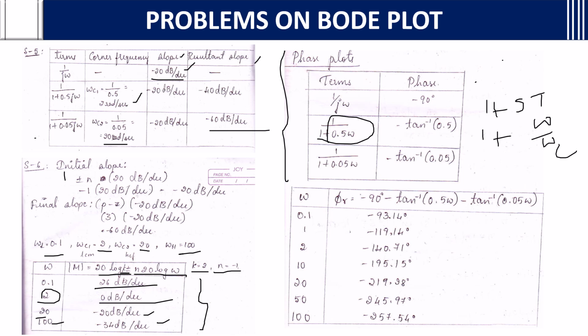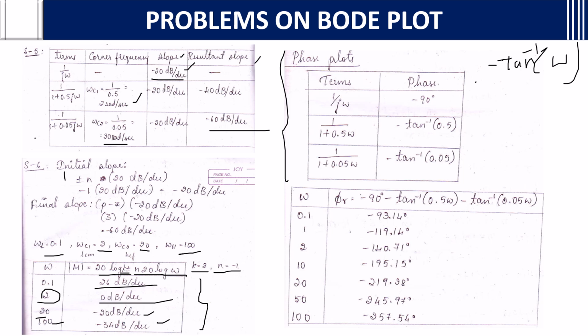So you will get the term 1 by 1 plus 0.5 j omega. So in the place of omega c, what is the value? 0.5. 0.5 is the omega value. So what is the formula? I'll write here. See, minus tan inverse of omega. This is the angle you can get. The phase formula is this. So easily you can find that for 1 by j omega,